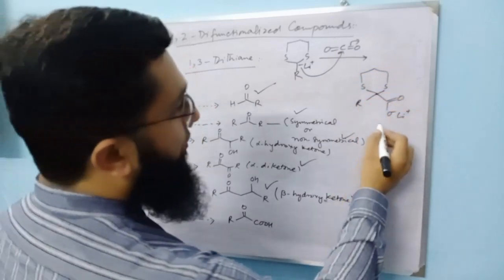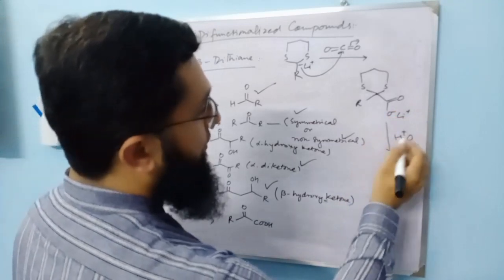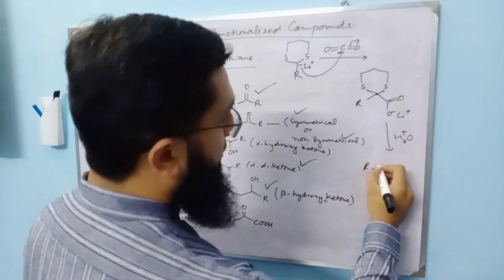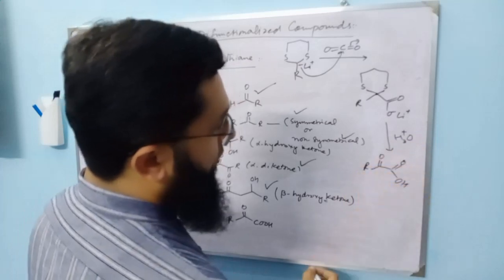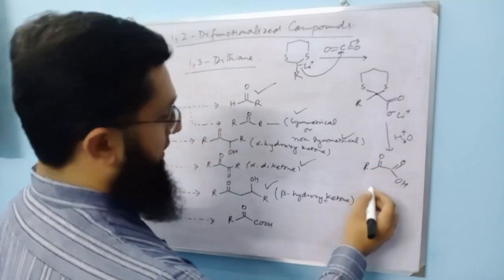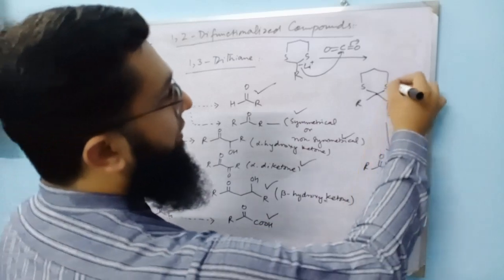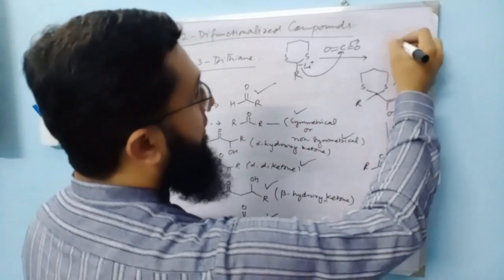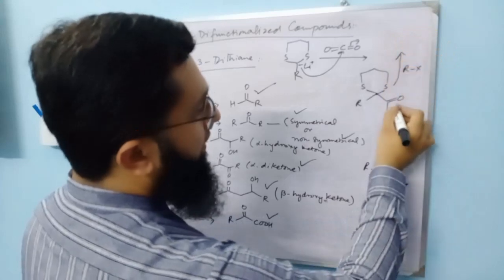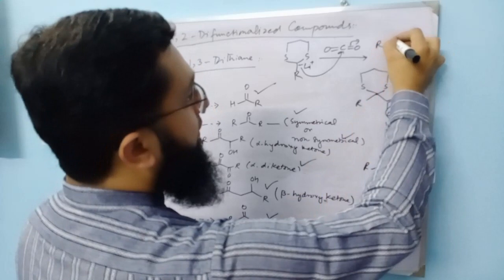If we treat it with H plus or H3O plus, we will get the corresponding alpha hydroxy carboxylic acid, this one. Or if we treat it with any alkyl halide, we will get the ester here, like this,